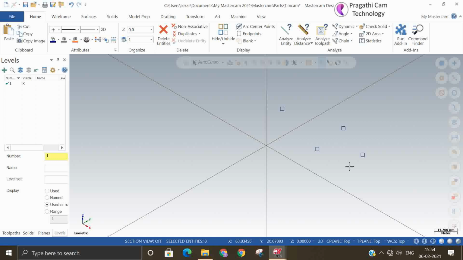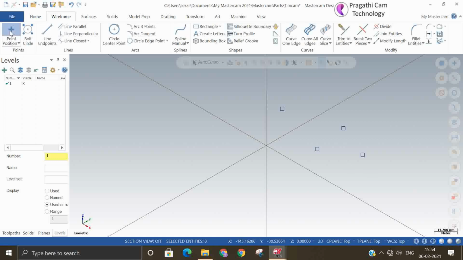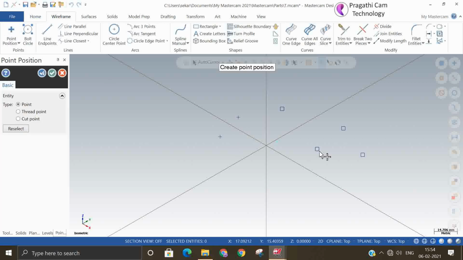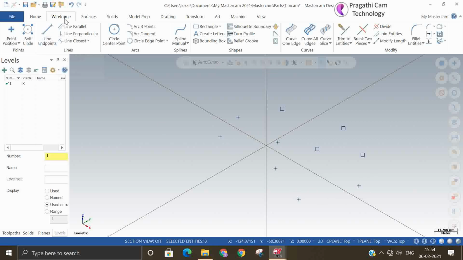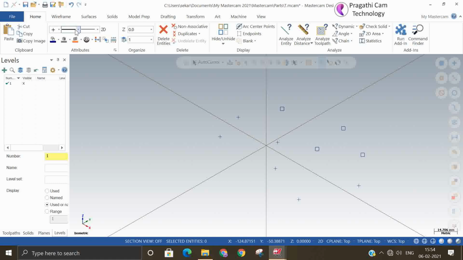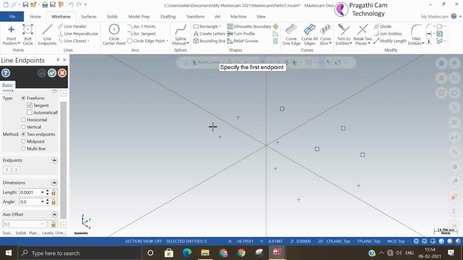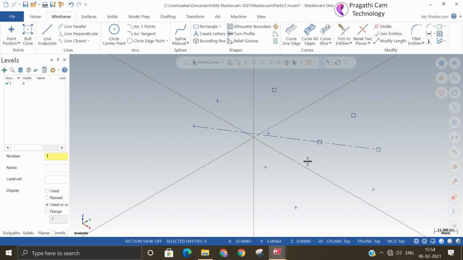Suppose you want to see the point as a plus. Now you can see it is showing as a plus. So it's a property of how you want to see the thing on the screen. Similarly line, whether you want a center line or dotted line. Suppose you want a center line. I selected center line on the screen from this point to this point. Now you can see that it is the center line.